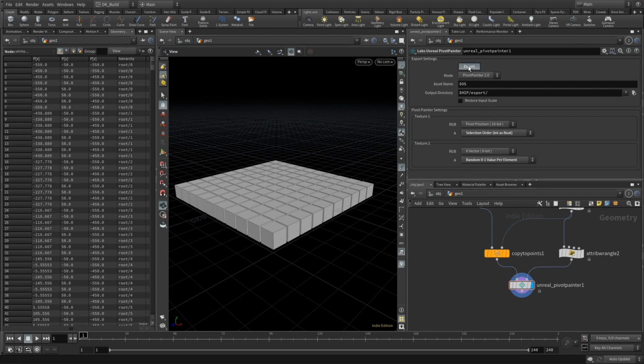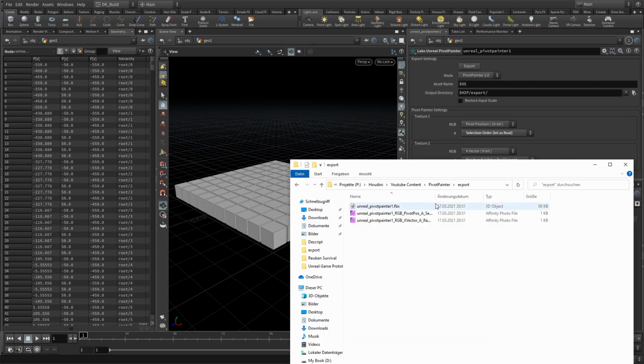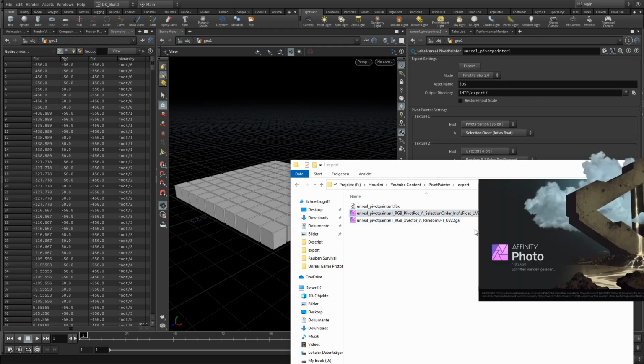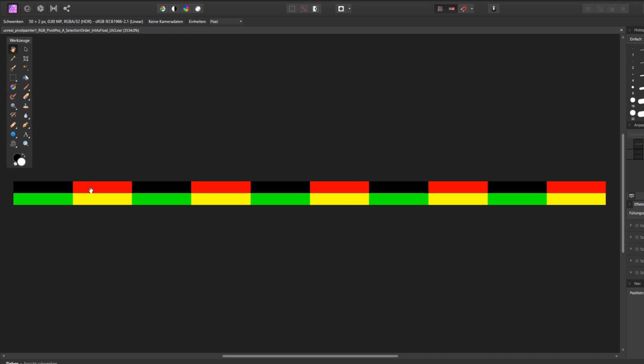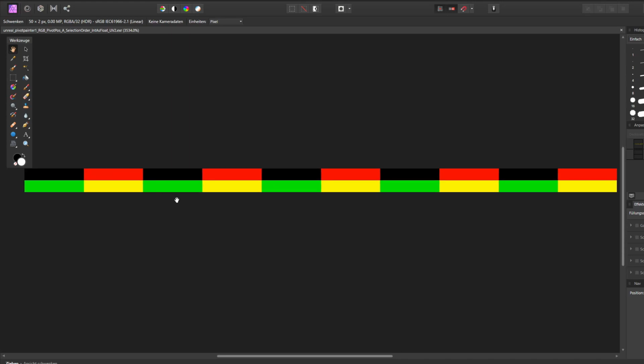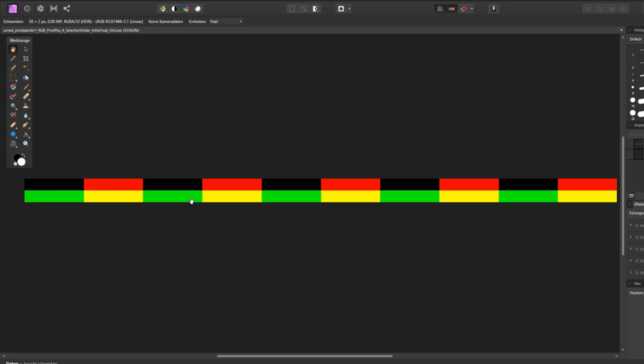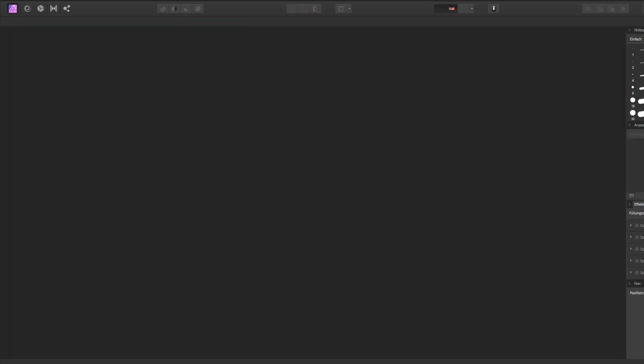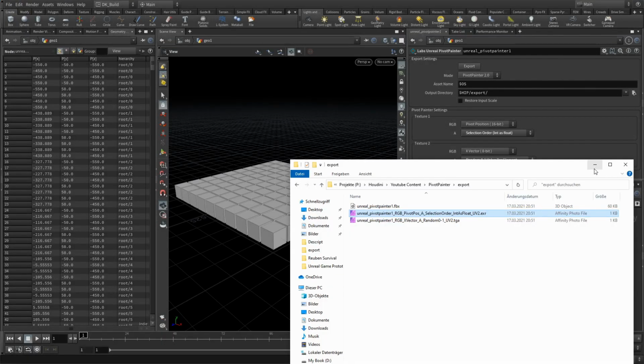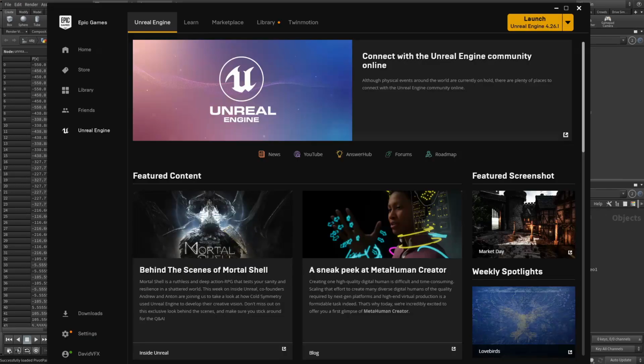Once I hit export, I get an FBX file and the 2 textures. The namespace of the textures reflects the settings in this node. That makes it easier to handle them later. The grid of boxes is a simple geometry, so there is not much information contained in this texture. Still, it's interesting how this allows Unreal to do what it does with it. But let's finally go there and see how it is applied.